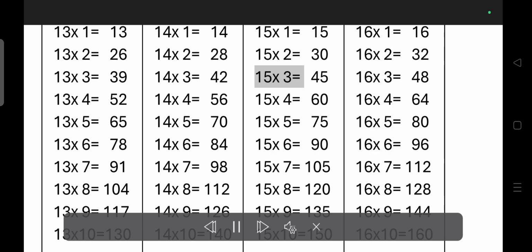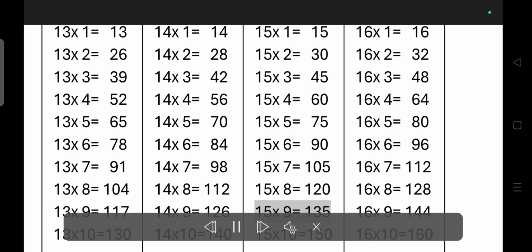15 times 3 is equal to 45. 15 times 4 is equal to 60. 15 times 5 is equal to 75. 15 times 6 is equal to 90. 15 times 7 is equal to 105. 15 times 8 is equal to